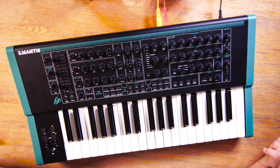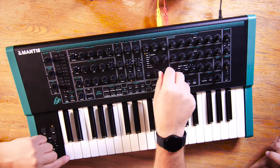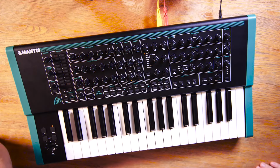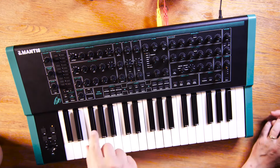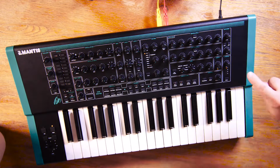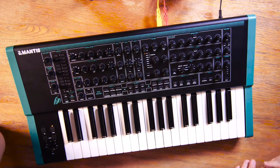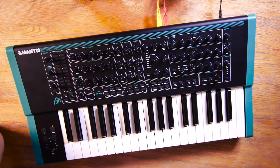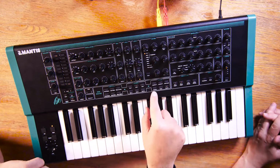There was one thing, I'm just going to initialize this sound. Yep. So I always wanted this as a feature. So you can do it. You were saying it's a MIDI CC. Yeah, so it's a good point to talk about that, isn't it? Because this is a digitally controlled analog, every single control on here is sending out MIDI as you use it, and that includes these. I can't remember which particular command, but that is selectable. You can send MIDI to it, and you could have it dance about between all the different types or cycle through or whatever. Yeah, because on the front panel you've got that way only. Yeah. And I'm assuming with MIDI you can...